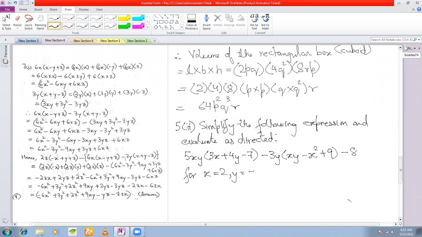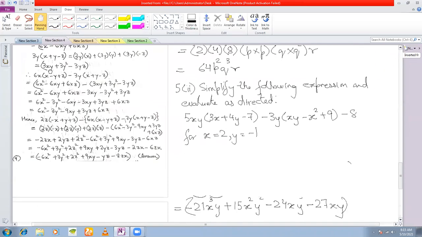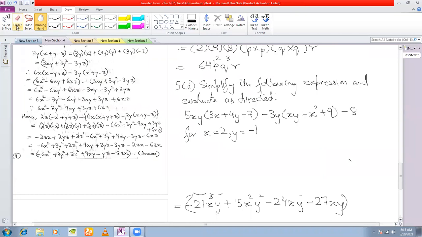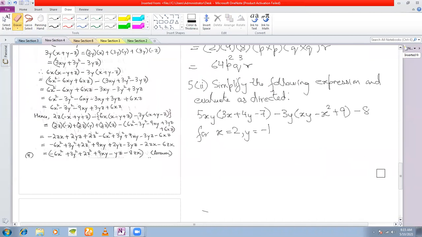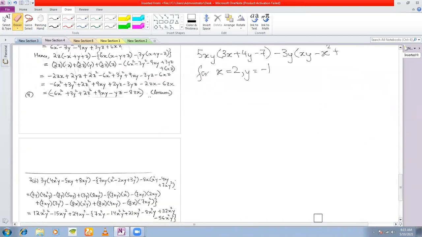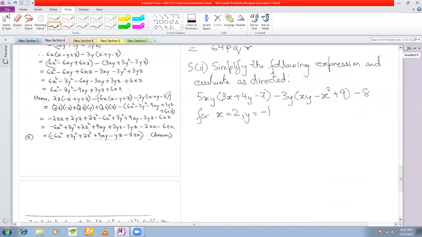So what you see here is the value of the variables is given, right? Now I told you that the variables can take various different values, and for various different values of the variable, you will get different values of the expression. In the beginning I told you that. But before finding the value of this expression, we must simplify the expression. The question here is simplify, right? We must simplify the expression before evaluating it for the given values, x is equal to 2 and y is equal to minus 1.